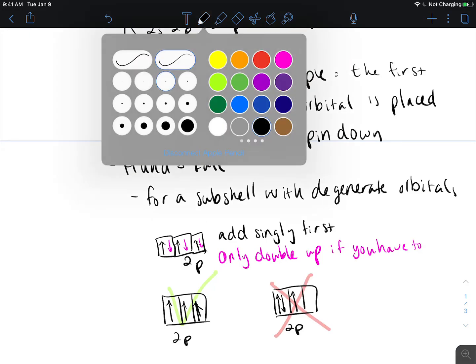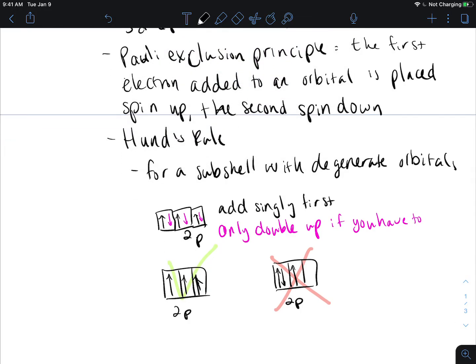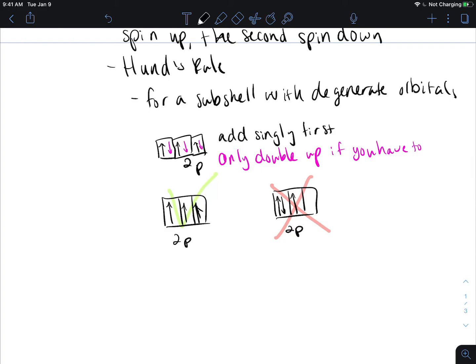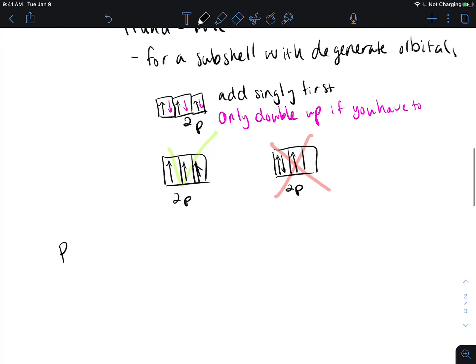Okay, so now that we kind of know the rules of doing our electron and orbital configurations, let's actually look at the electron configuration of a species. So let's take phosphorus, for instance. If we look at phosphorus,